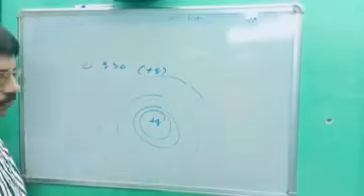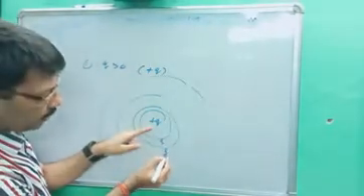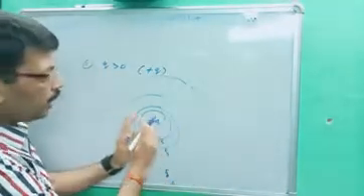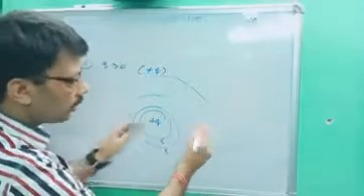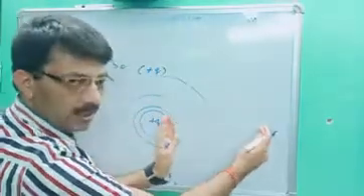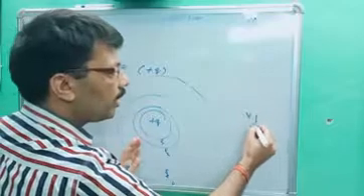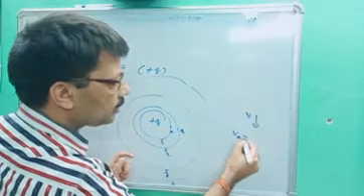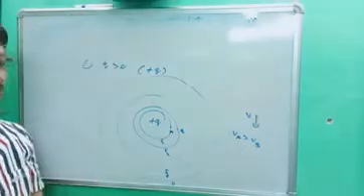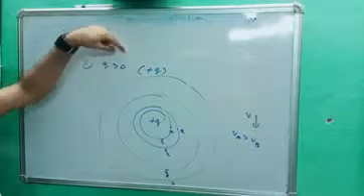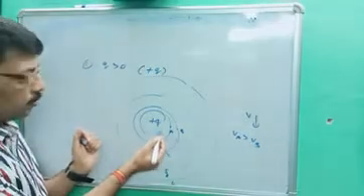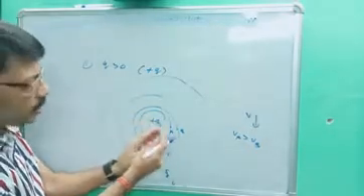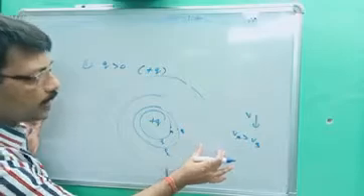What do you notice? See here, surfaces S1, S2 are closer, while S3 and S4 are away from each other. It means as soon as we move away from the charge, equipotential surfaces are maintaining more distance. It means potential V decreases. Let's suppose here the point is A, here the point is B. So no doubt VA is greater than VB. So this is the first equipotential surface for Q greater than 0. You can check here, surfaces are closer near the charge. As soon as we move away from the charge, they maintain more distance.